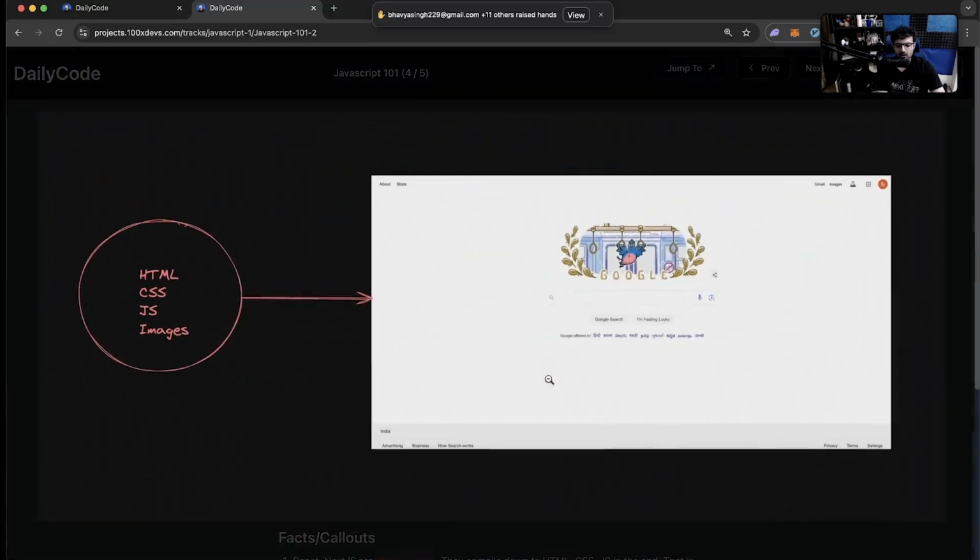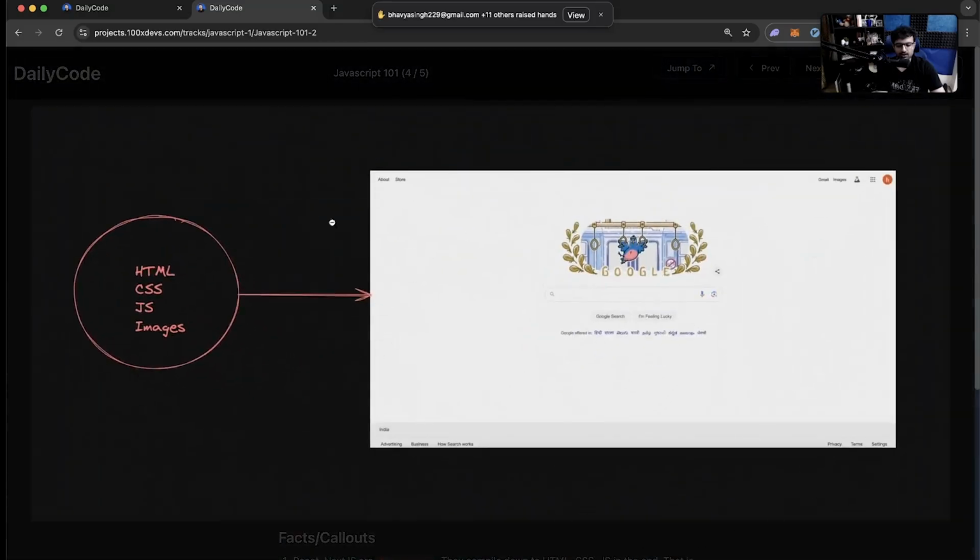If you go to google.com, you can actually see what is making this page look like this: it is a lot of HTML, CSS and JavaScript. There are a bunch of other things like images, SVGs, XML that you will get from the Google server. But primarily, to create a page like this, maybe other than this image that you see over here, everything else can be created with just HTML, CSS and JavaScript.